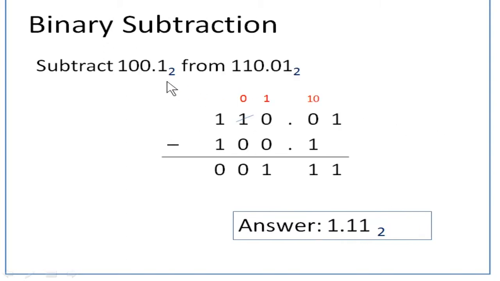Same way you are going to subtract with fractional parts, that is the decimal point. If you have some numbers with decimal values, how do you write them? Subtract 100.1 from 110.01. You will write the greater value on top. So 110.01 and then 100.1. So this is what I was telling you.